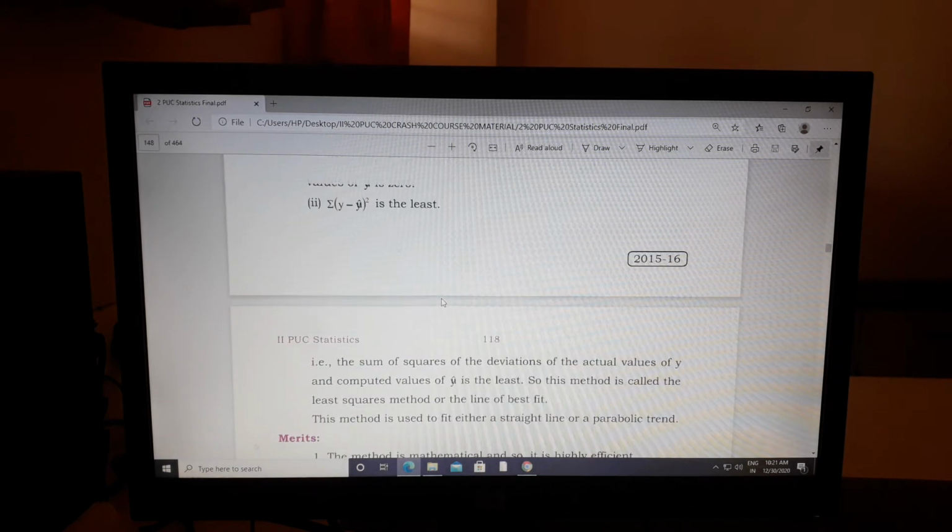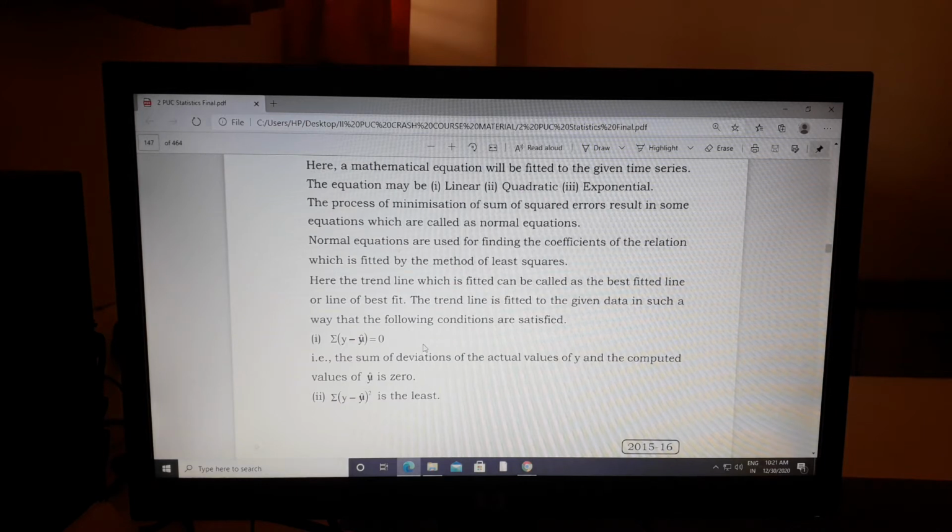Look at the conditions now. Condition number 1, as you know, in the first year we have learned arithmetic mean properties. The sum of deviations from its mean is always 0. The sum of square deviations from the assumed mean is always least. Clear? So the same way here, instead of mean and all, we took it as actual values and trend values,